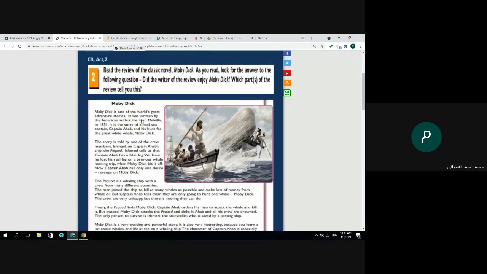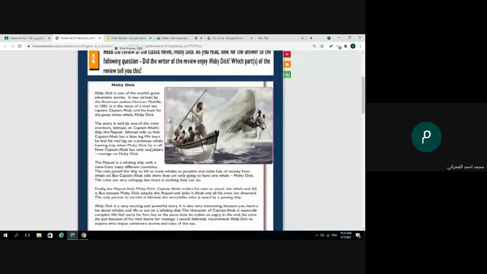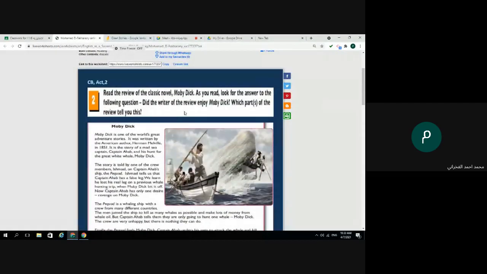This is the way we do this. Now I think you got the meaning of writing a review about a story, and you are going to do the same with any other stories you read: give the main ideas, the characters, the author, the plot, and of course your opinion. Okay, let's go to the question. Did the writer of the review enjoy Moby Dick?